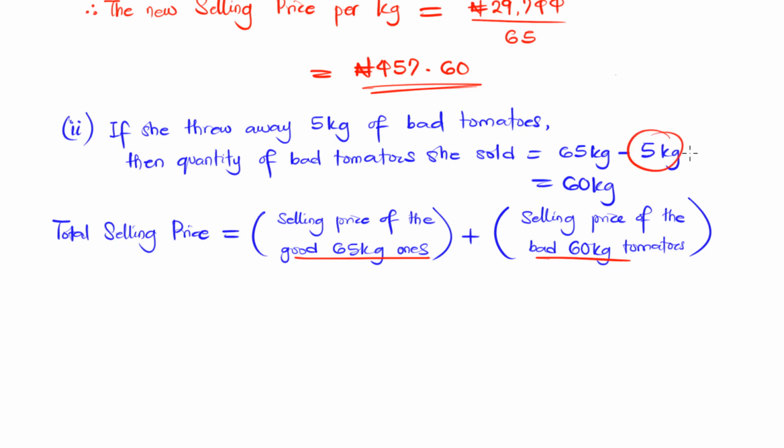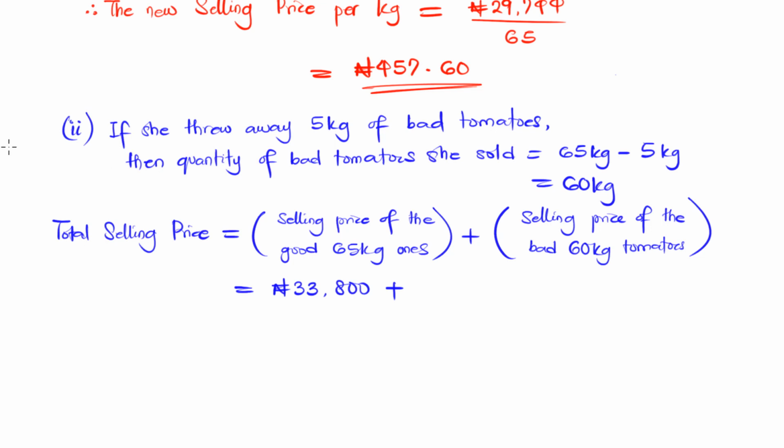We have good 65 kilogram and bad 60 kilogram. 5 kilogram have been thrown away. So now, if we want to find that, we have found the selling price for the good 65 kilogram initially as 33,800 naira. Then the selling price for the bad 60 kilogram tomatoes will be 60 kilograms multiplied by the price